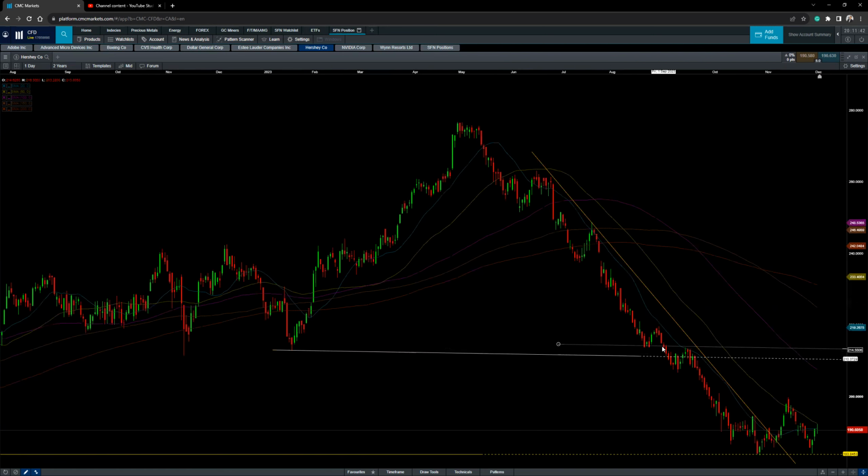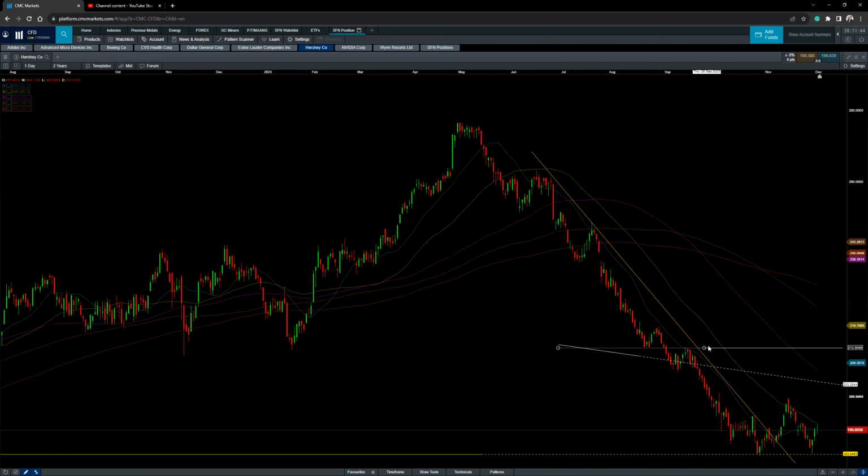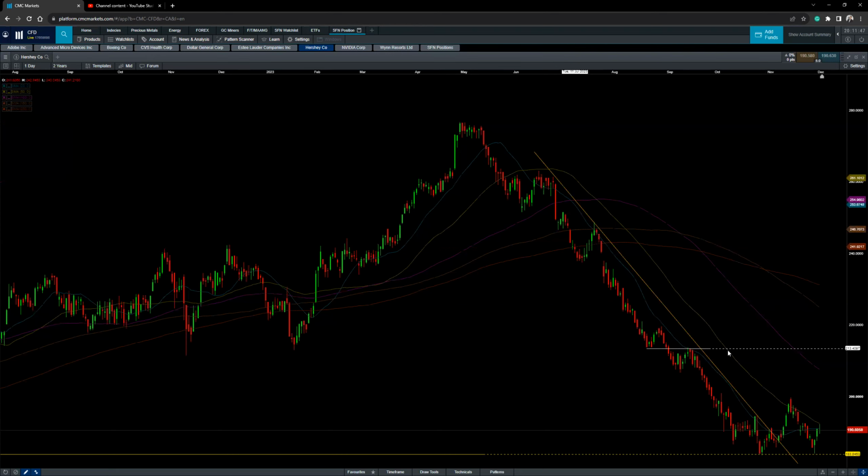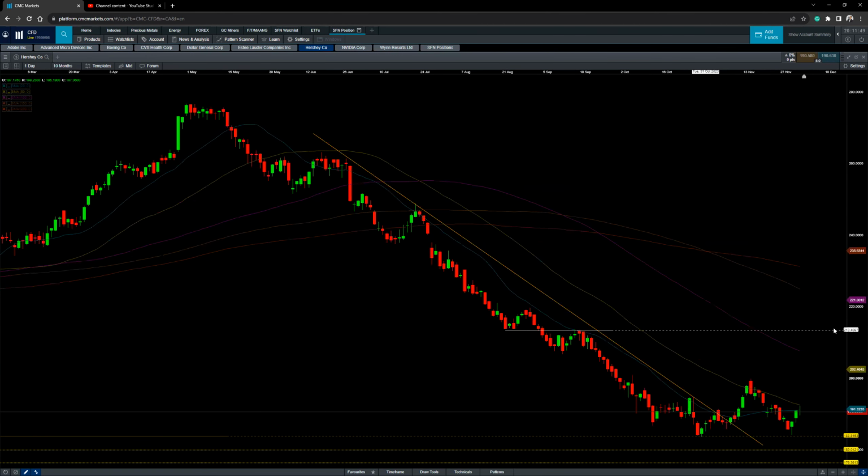So the next important level is going to be somewhere around 213 to 207. Right now we are at 192, so we can have another potential 10% move to the upside,